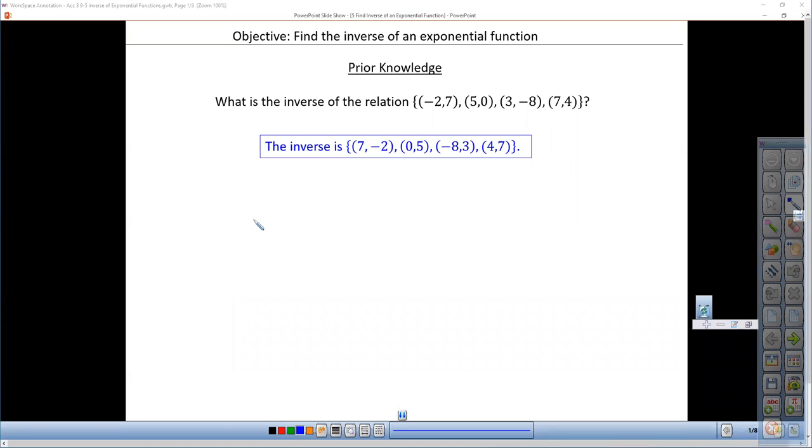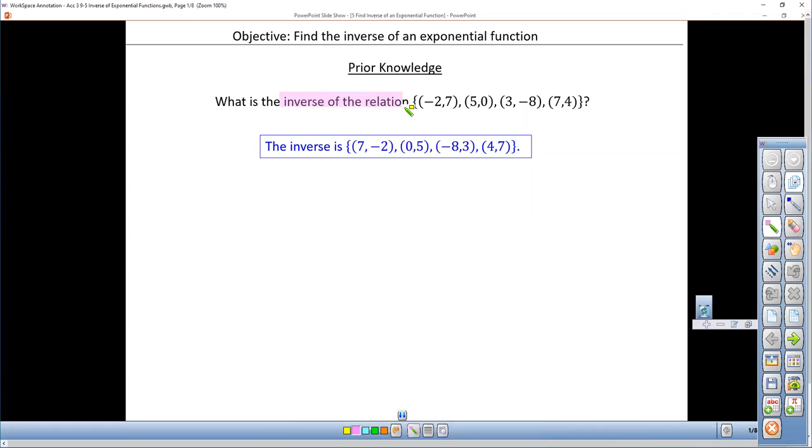All right, so in this lesson, we're going to look at our algebra procedure and apply our algebra skills to finding the inverse of an exponential function. This prior knowledge reminds us that the inverse of any relation, being the word we use to describe any set of ordered pairs in whatever form it may take, that inverse is a switching of x and y coordinates for